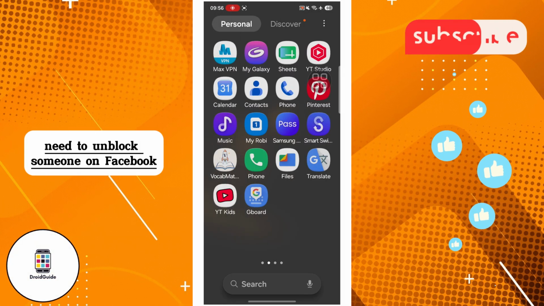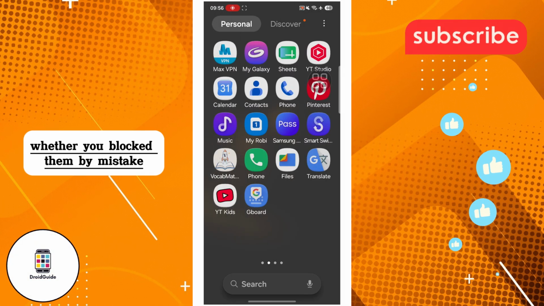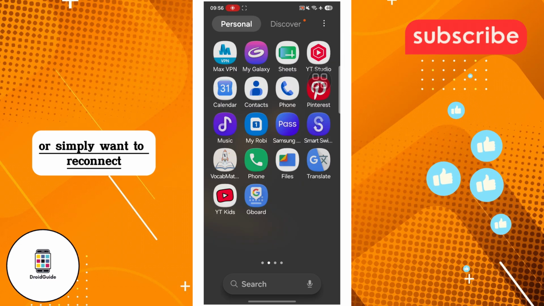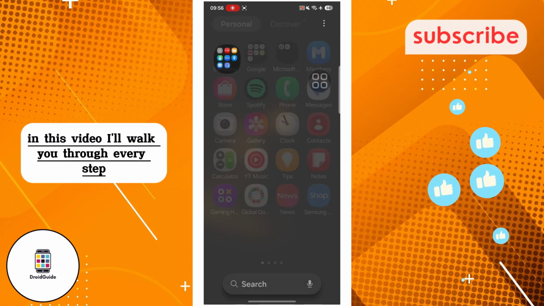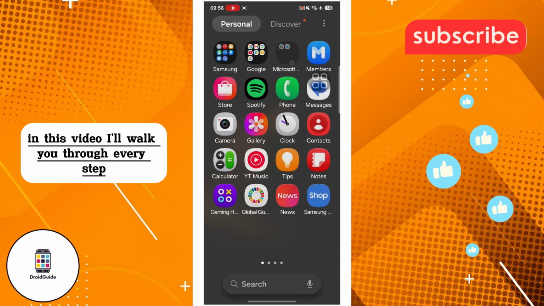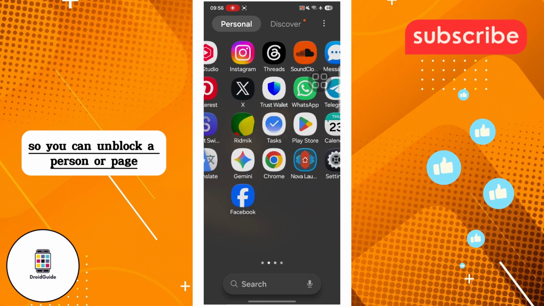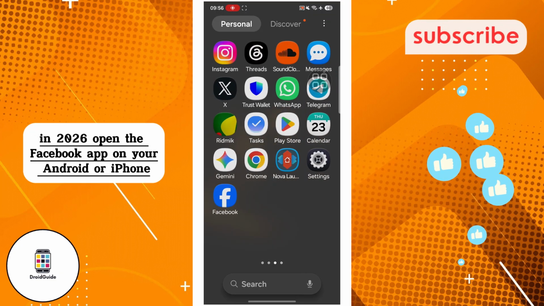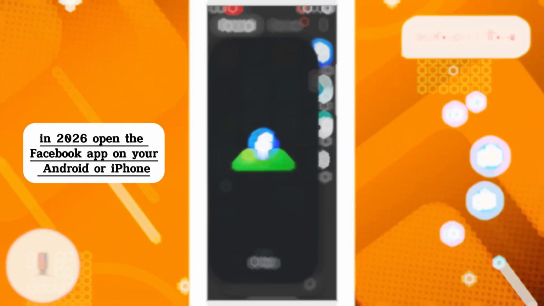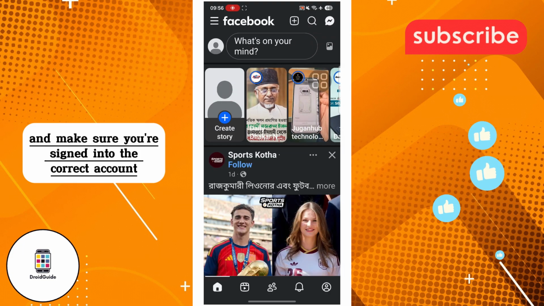Need to unblock someone on Facebook? Whether you blocked them by mistake or simply want to reconnect, Facebook makes the process quick and easy. In this video, I'll walk you through every step so you can unblock a person or page using the latest Facebook app in 2026. Open the Facebook app on your Android or iPhone and make sure you're signed in to